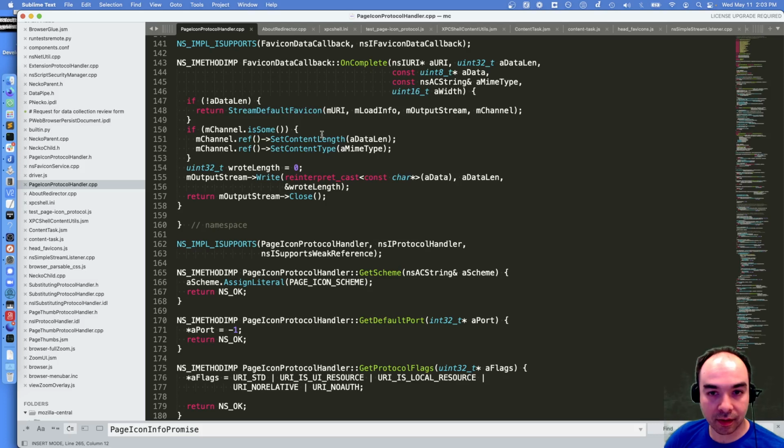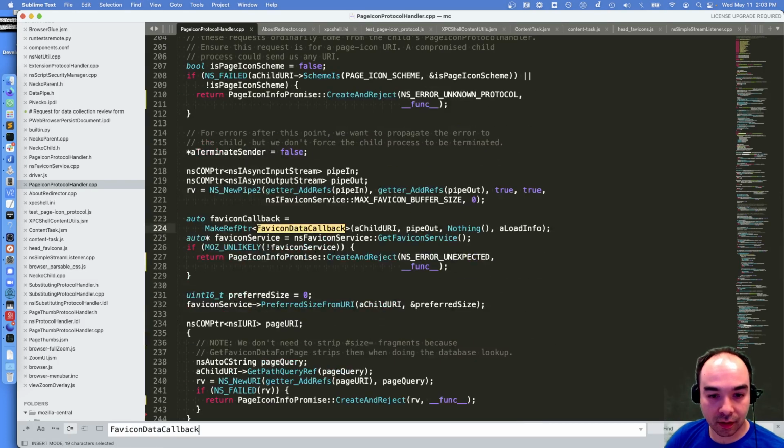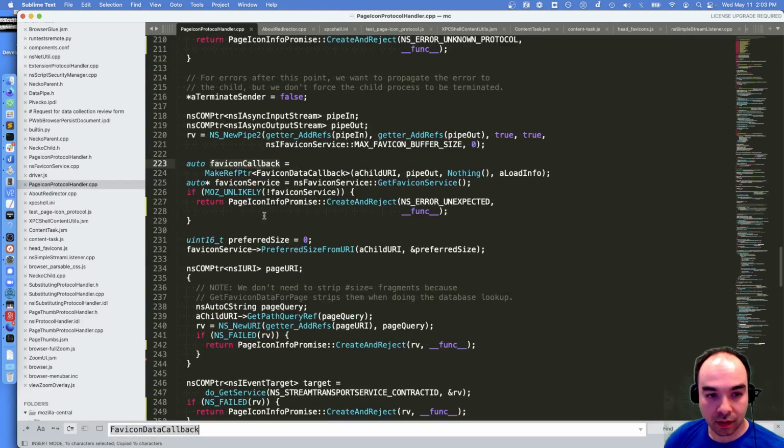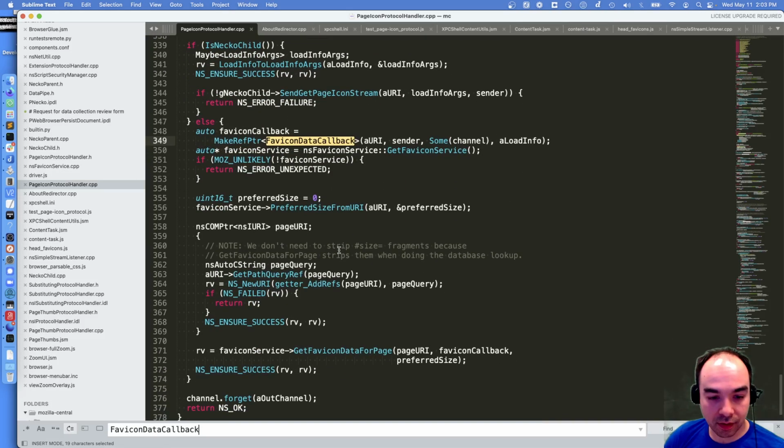On complete. Favicon data callback. Is there anything that gets called?